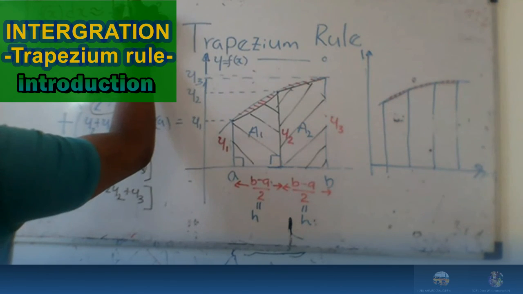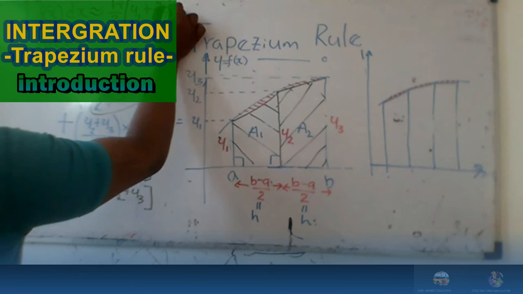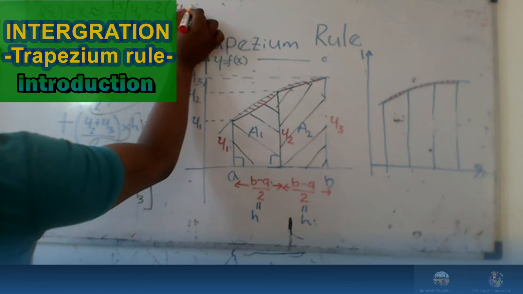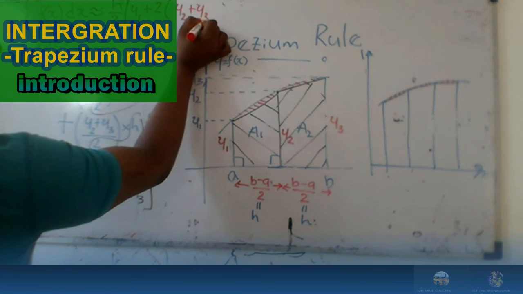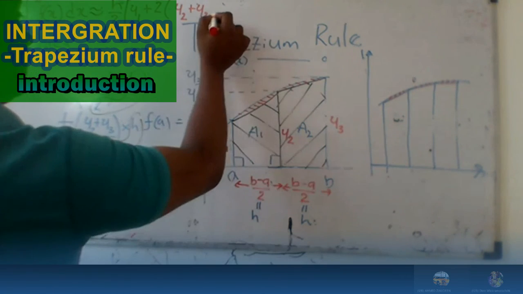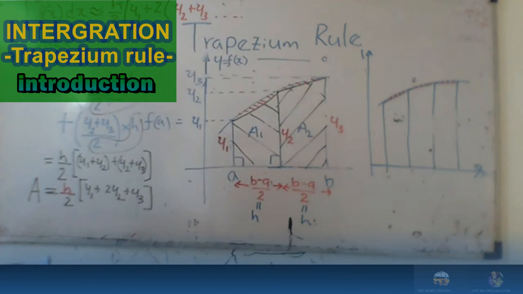I will put square brackets for this: 2 y2, y3, up to yn minus, can you see, if you have 3 strips here, give me 1 second,